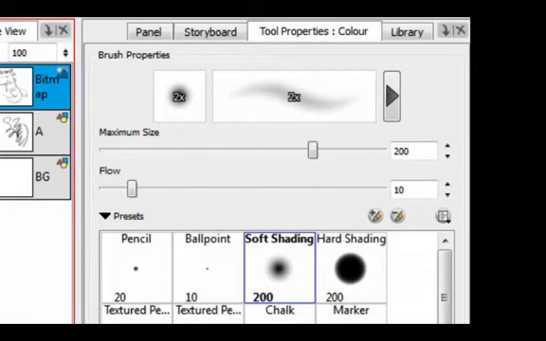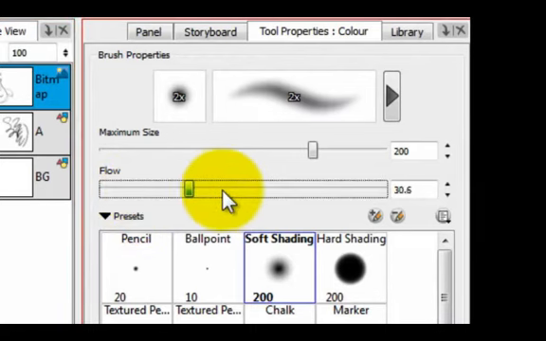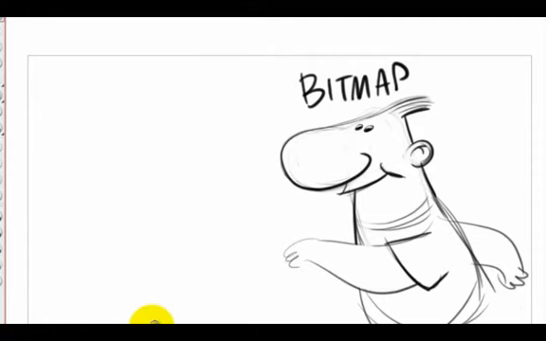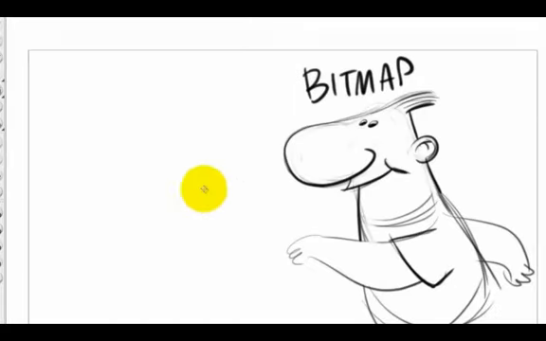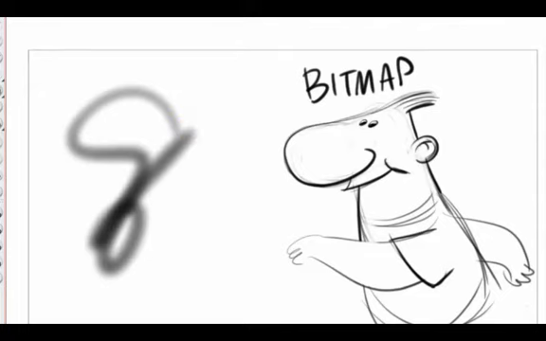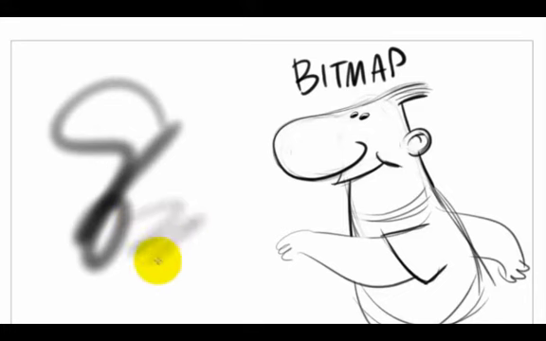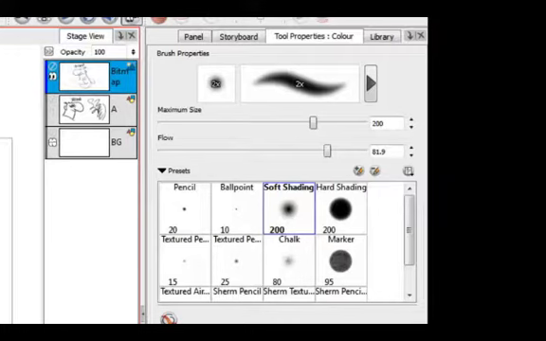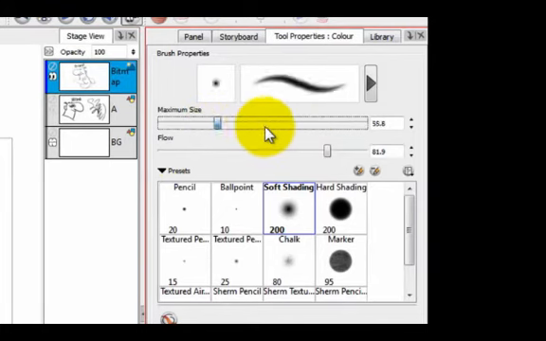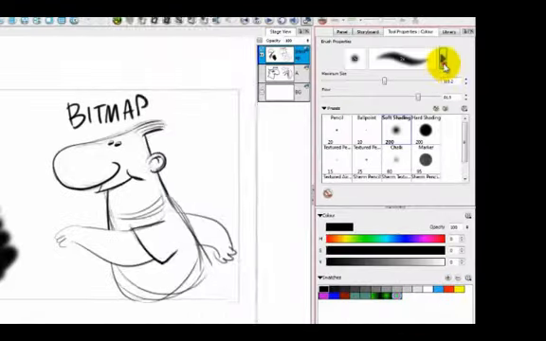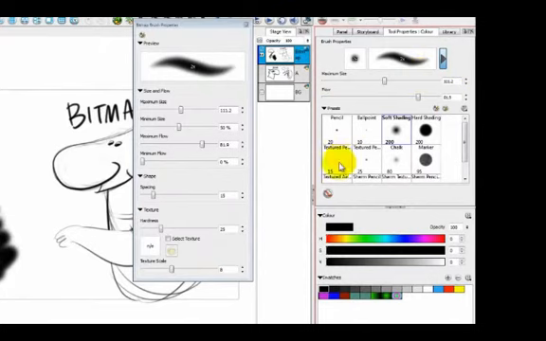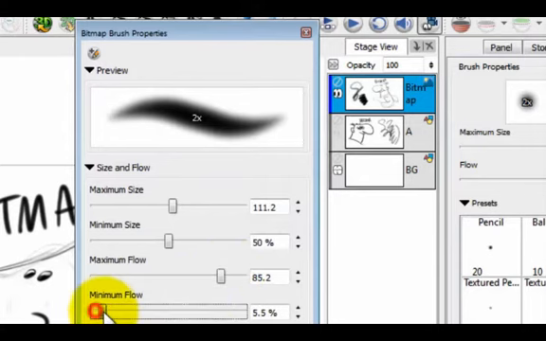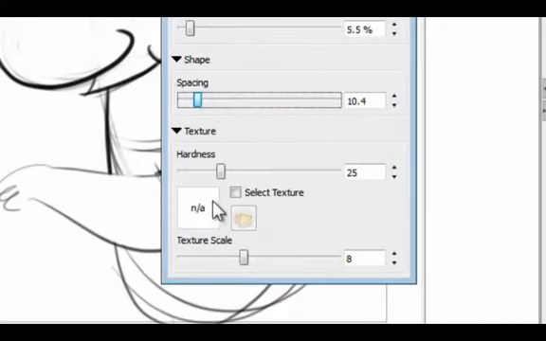But what we can control here, instead of smoothing, is flow, which basically means how much paint is getting out of the brush and onto the canvas. And that's nice because you can have a really low flow when you want very light shading, and then if you want something that's much more dense, you can crank up the flow. So size is easy to control. And some of the other options when you go deep by clicking that arrow are, once again, much more control over the maximum and the minimum amount of flow, and also spacing is available